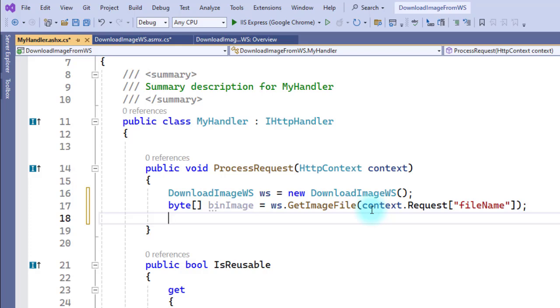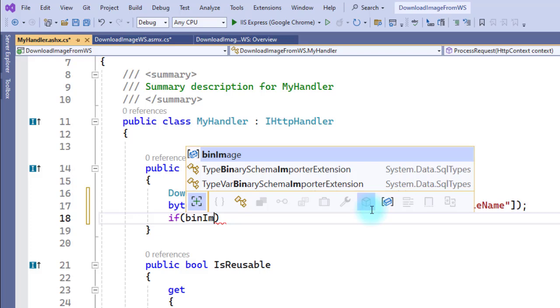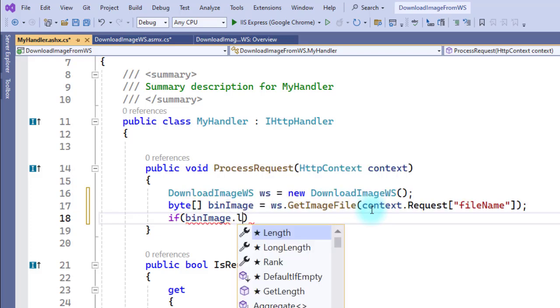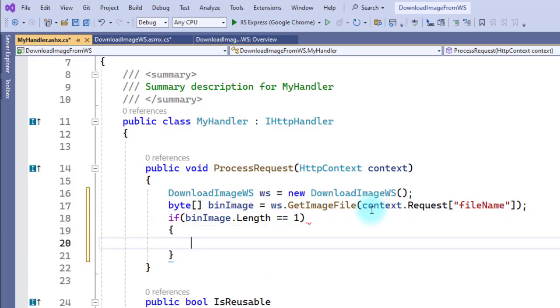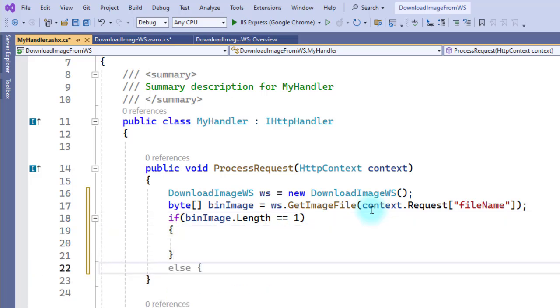Okay, again we check if the binary image file dot length equals to 1. मतलब क्या हुआ, it does not have any content, तो leave it.